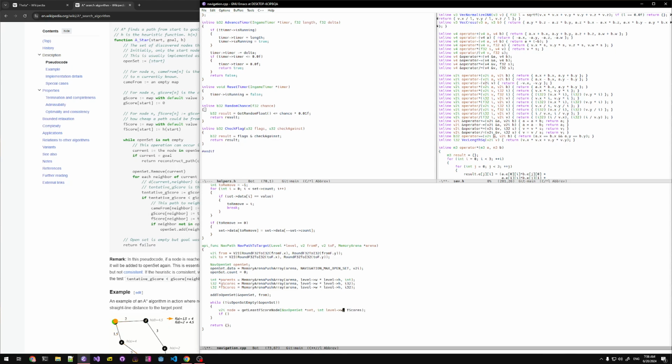That's level w. That's the pointer to open set. So we do if node equals to 2, then